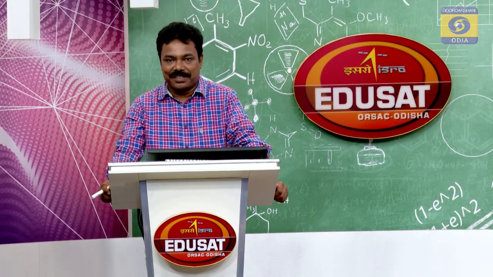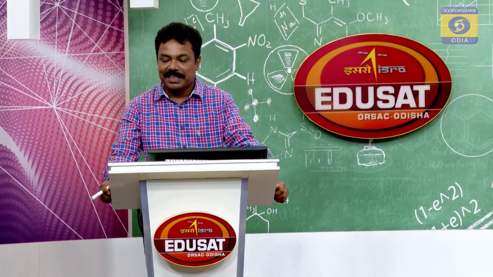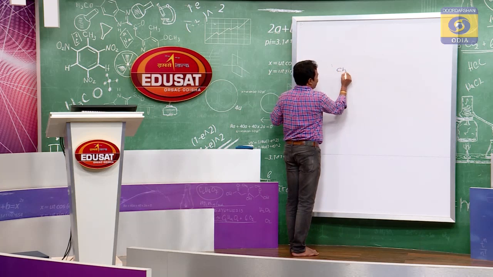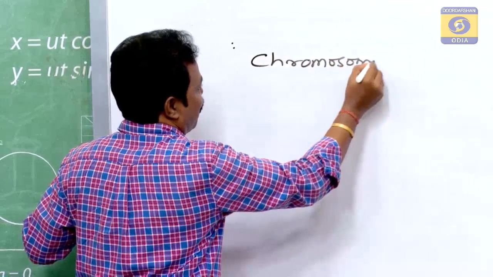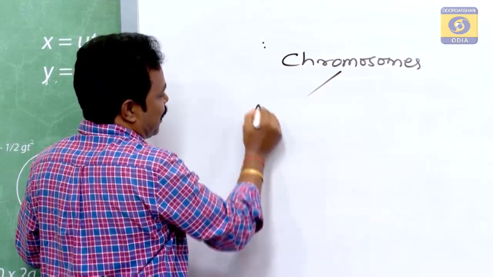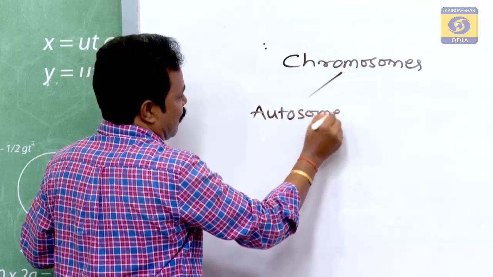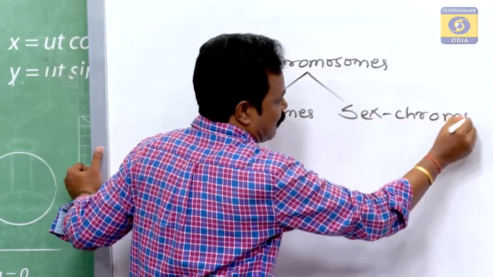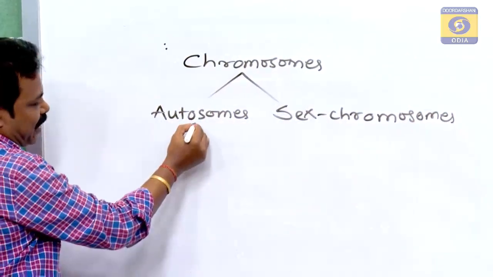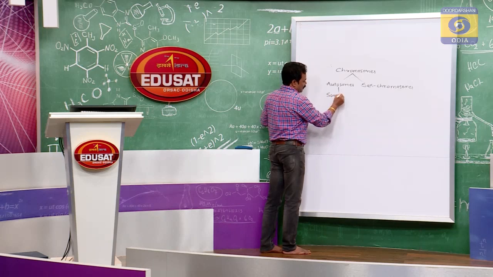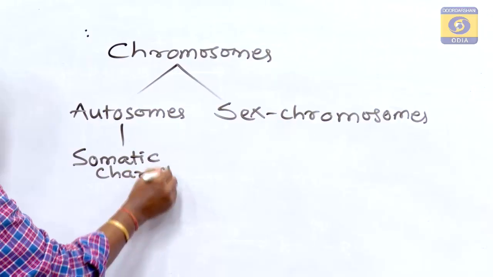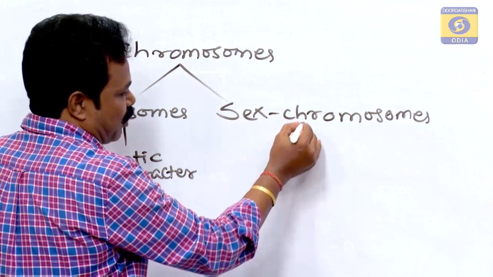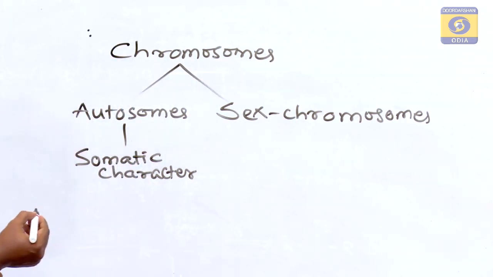As we discussed earlier, chromosomes are of two types, that is autosomes and sex chromosomes. These autosomes carry genes for somatic characters. They are not responsible for the sex of the individual, but the sex chromosomes carry genes for determination of sex and